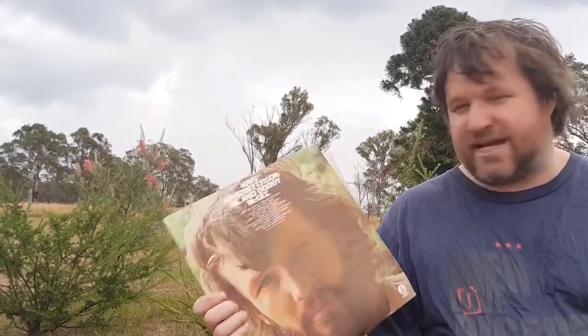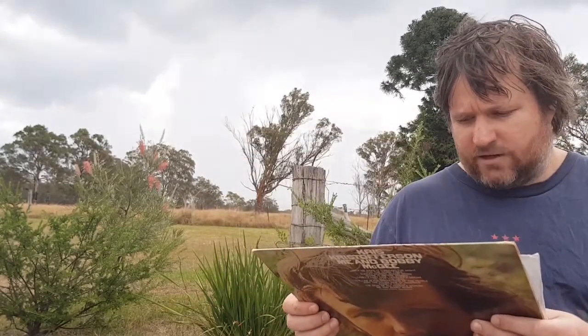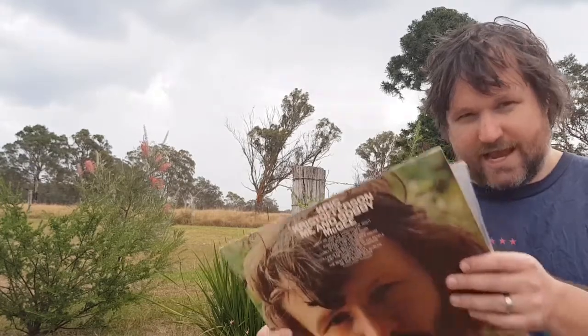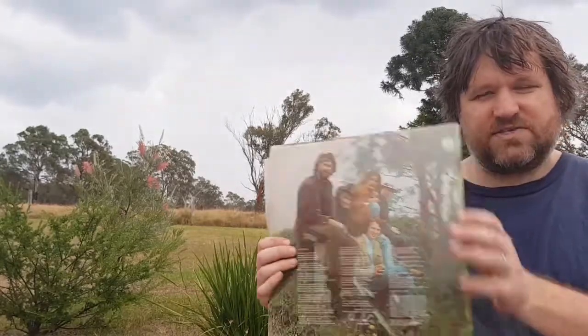This next one, what a bargain at $2. A lovely 1970s Monument press, and we've got Kris Kristofferson. I think this was initially titled Kristofferson, but now we've got Me and Bobby McGee as a repress, mid-76. Oh yep, formerly entitled Kristofferson. And look, this is a great sounding album. I'm going to assume his first record, and for $2 in such wonderful condition,